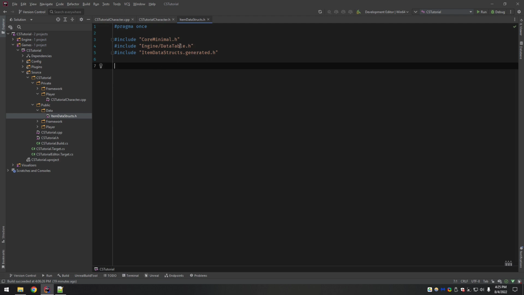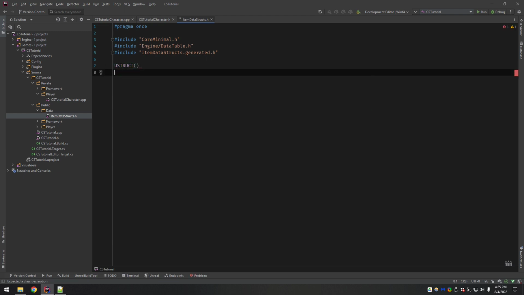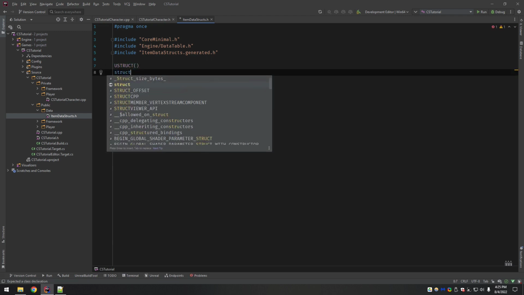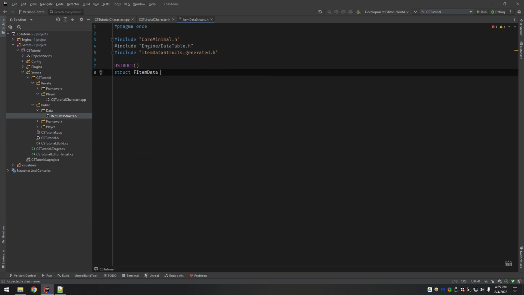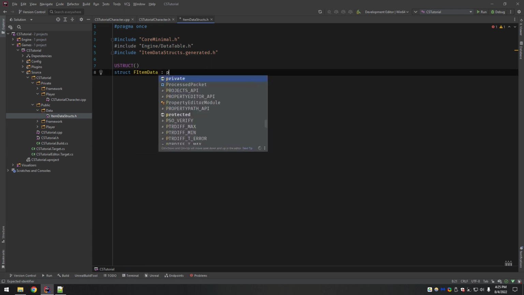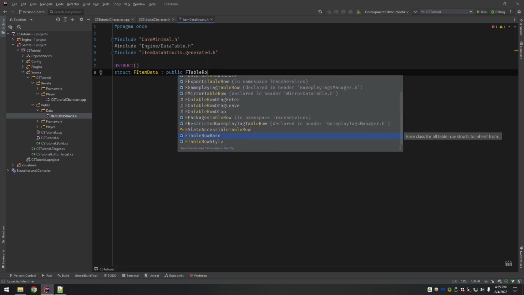And the type that we're making, we can go ahead and do that now, is actually called table row base. So let's start by creating a struct, and it's going to be called F item data. And it's going to inherit from F table row base.